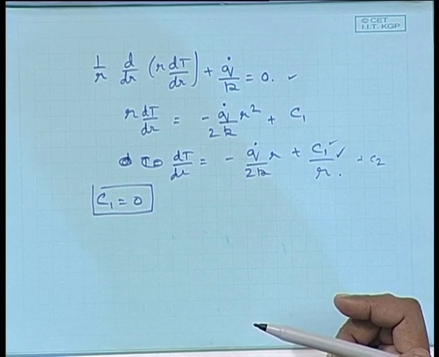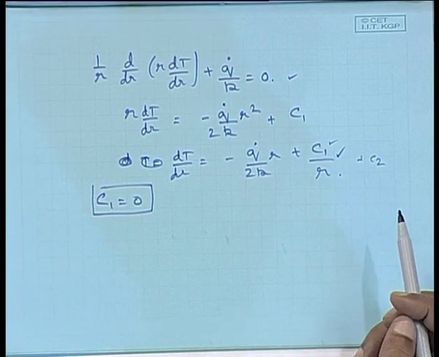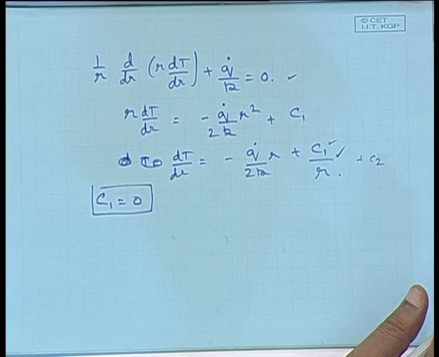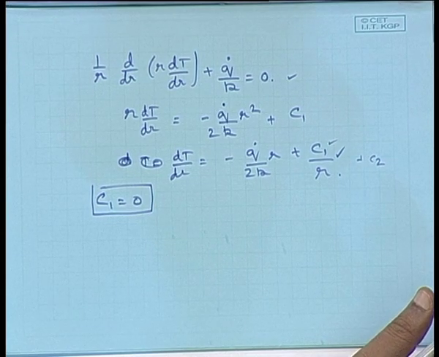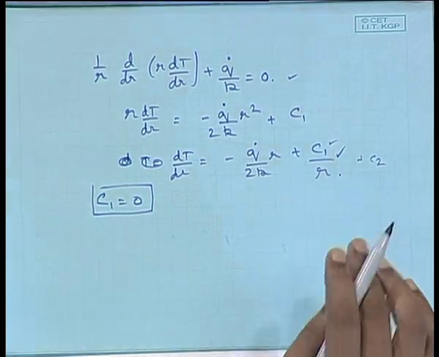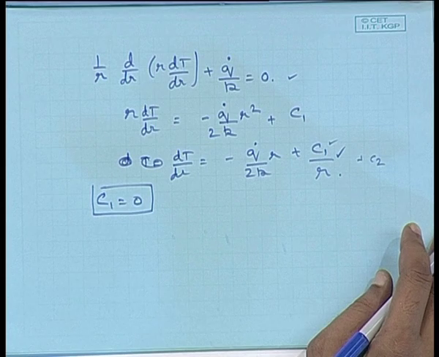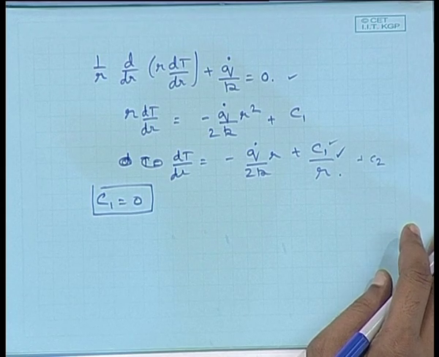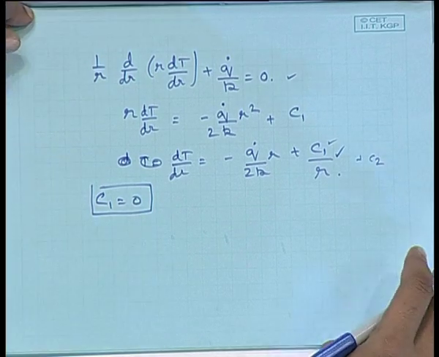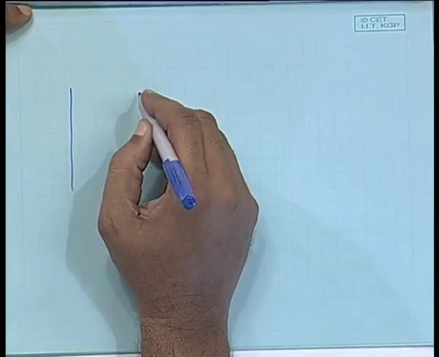The other condition could be that the total amount of heat generated in the system should be equal to H times T of the surface minus T infinity. That is the other possibility, same as before. Whatever be the total amount of heat generated in the system must be equal to the amount of heat that is being convected away at the surface. So, these are some examples of heat generating systems, and I am simply going to discuss one problem very quickly, and in the next part of this class, in the tutorial part, we will solve some of these problems.